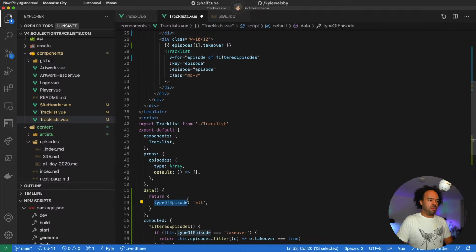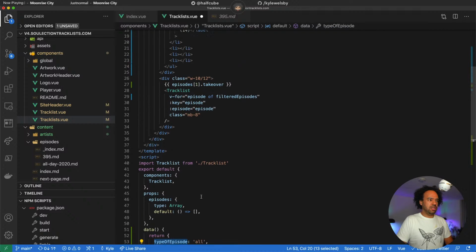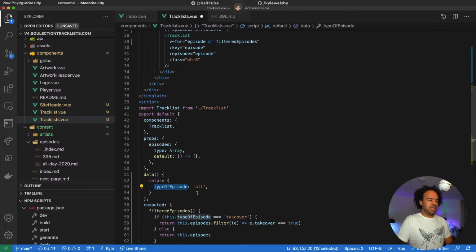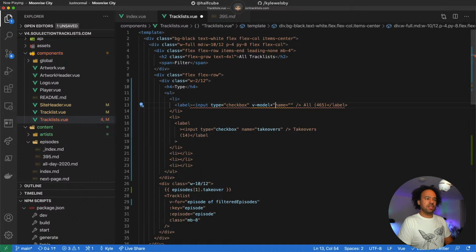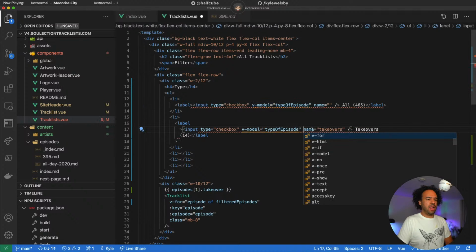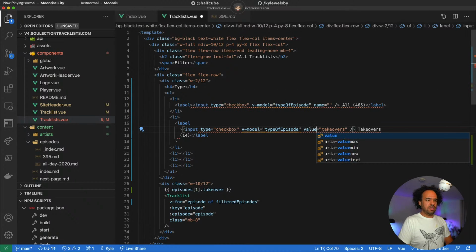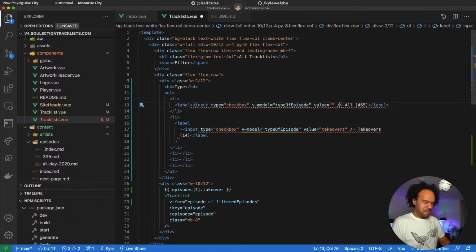And I'm going to map this. I need to get this to change with whatever we have on our checkbox here. So V model. I think this might work across multiple. So we've got to do V model on that and change the value to that. And value, well, for all it just needs to be empty.